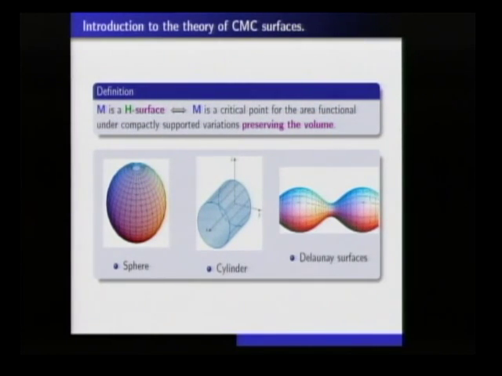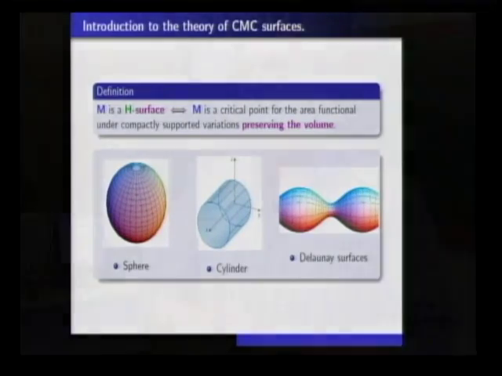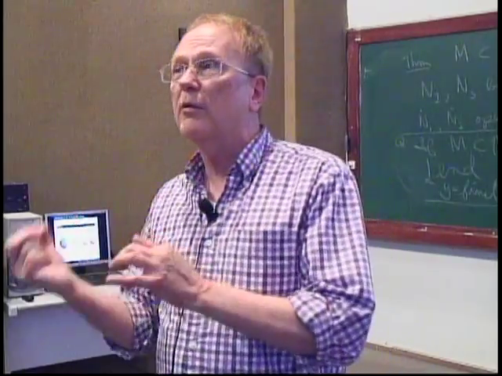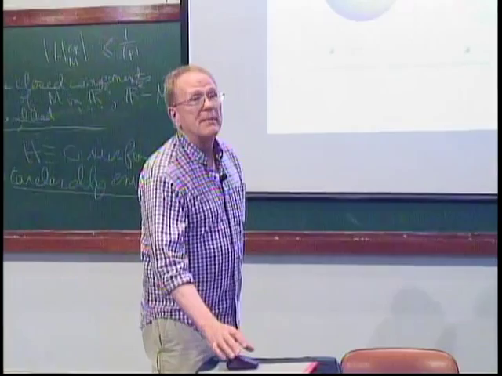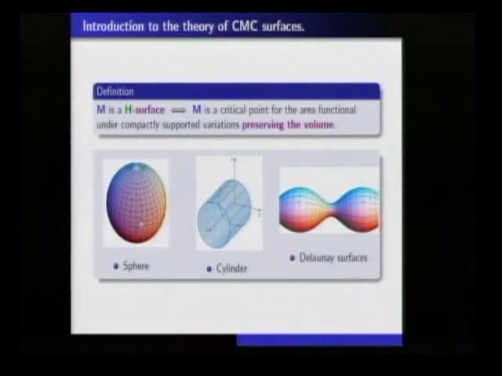And of course, there's always a relationship between the compactly supported variations and the local question. So if you have a constant mean curvature surface, when you go very, very small, it turns out it always minimizes locally this sort of problem. It's not just critical points in the big for compact regions, but in the small, this always means locally soap bubble. It's physically stable with respect to its volume preserving deformations. It minimizes when you go locally. So classical example, the sphere, which is absolutely area minimizing for a fixed volume. We have cylinders. We have other surfaces of revolution called Delaunay surfaces.